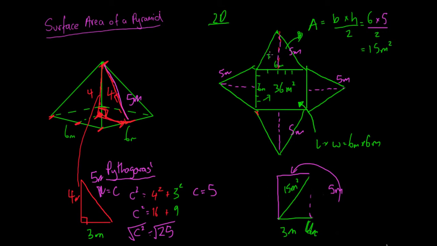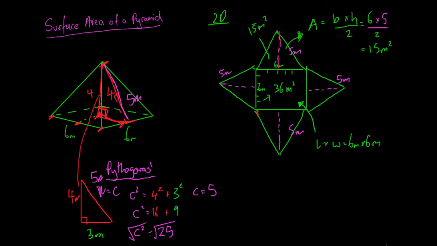So now we know we have 15 meters squared per triangle. So if we want to work this out, well, we've got one triangle up the top, 15 meters squared, and we're going to have 4 of these. So we have 1, 2, 3, 4 of these triangles, which are 15 meters squared. So you have 4 times 15 meters squared in triangles, plus 36 meters squared